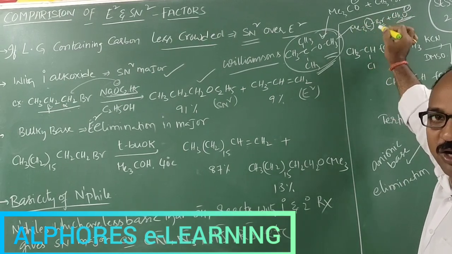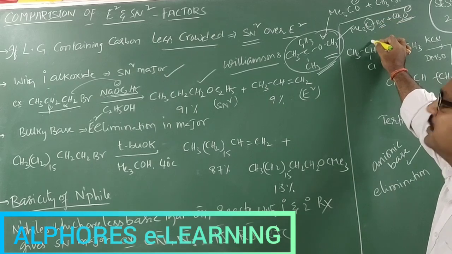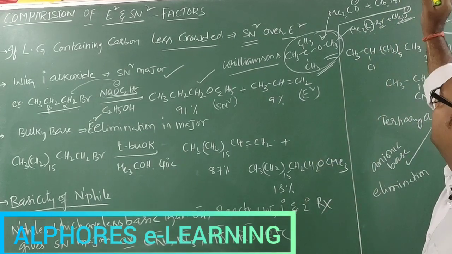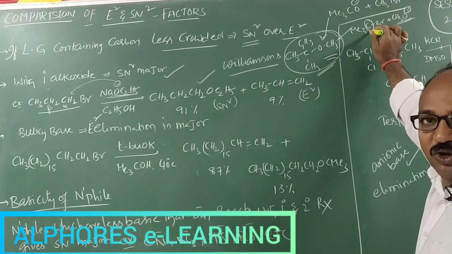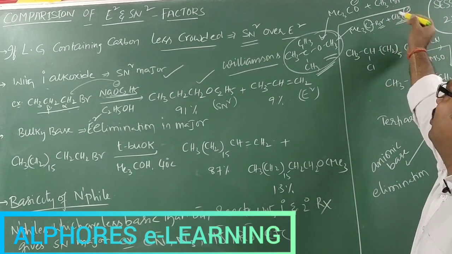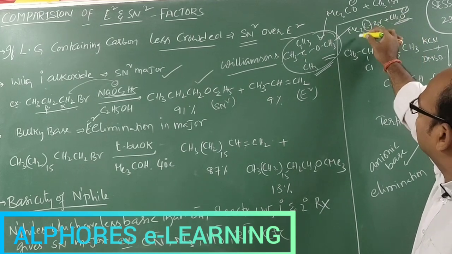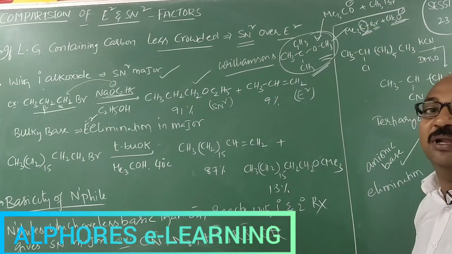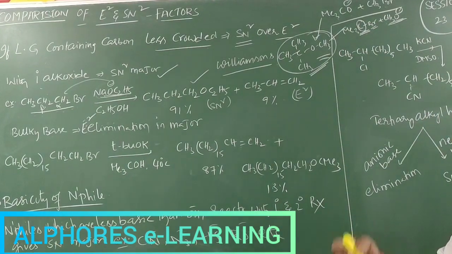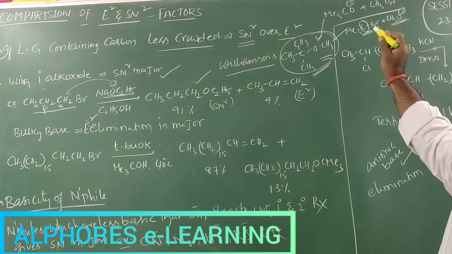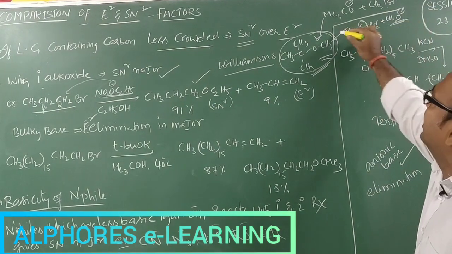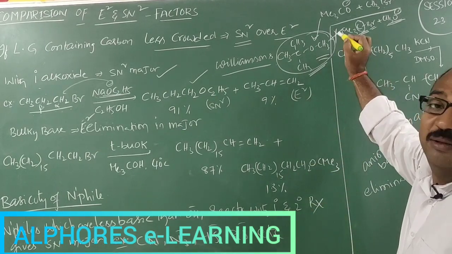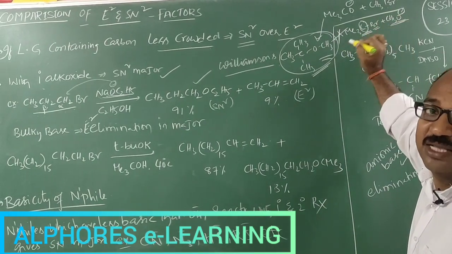The neighboring groups are electron rich groups. Being electron rich, they can oppose that electron rich species. Hence, CH3O minus cannot approach the electrophilic carbon. That's why here you cannot expect the ether as the major product. Instead, CH3O minus prefers to abstract a beta hydrogen and finally it leads to elimination. So in this way, we cannot prepare tertiary butyl methyl ether as a major product.